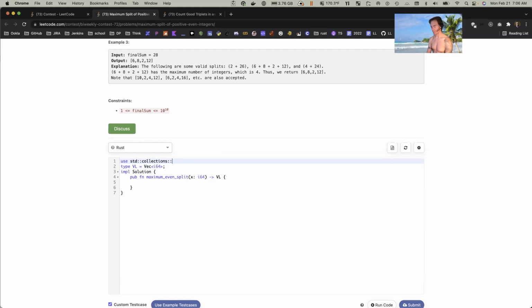And I want to have a scene as a hash set. Let mutable scene equals hash set new. Okay, hold on, let's do this. If X and 1 is equal to 1, then we'll return